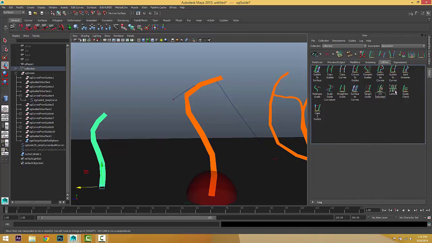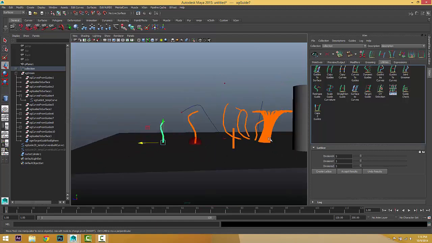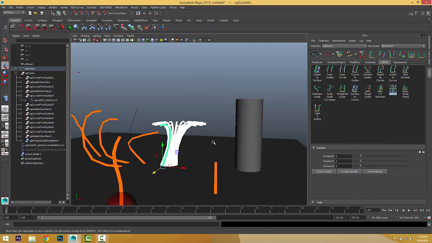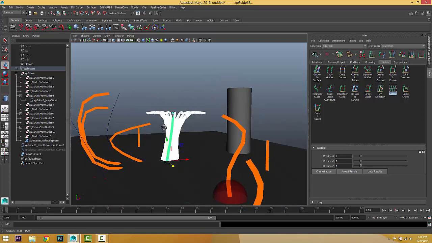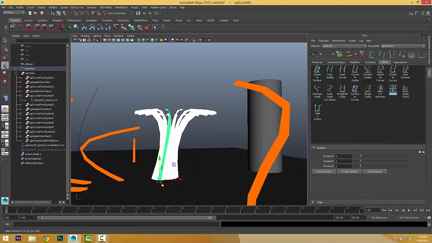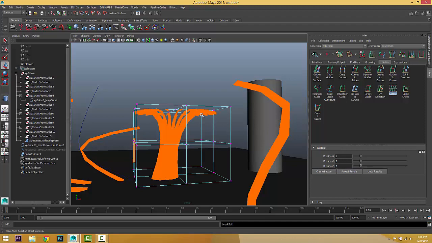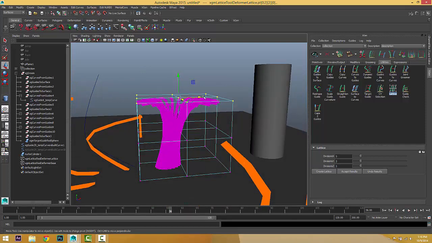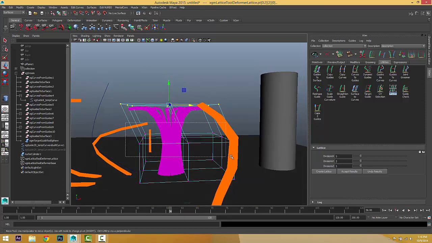You can have a lattice, which is very useful if you just select a bunch of guides. With this bunch of guides, if you want to make a very quick change in the shape, you can create a lattice with 3 by 3 by 3, and choose create a lattice. You go to 3 by 3 by 3, and you can change the shape very quickly.